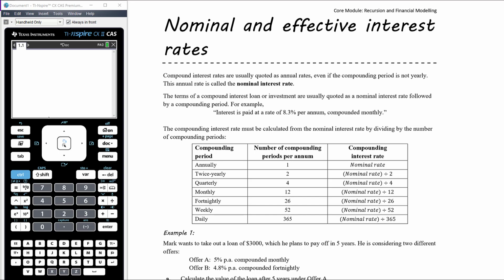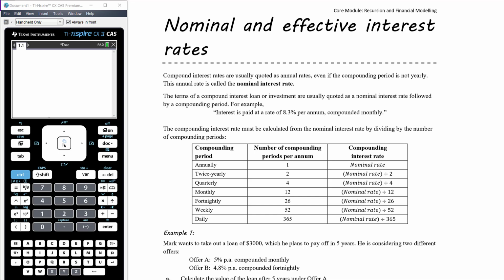Okay. So what we understand though, and what we've seen in some examples in previous videos, is that if we compound the interest only annually, we'll earn 8.3% interest per annum. If, however, we compound the interest more frequently than that, we saw that the balance of the account grew more quickly. So we actually end up earning slightly more than 8.3% of interest, if 8.3% is our nominal, i.e. annual interest rate. So what we want to think about here is how to calculate what we call the effective